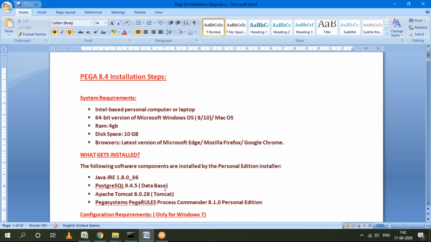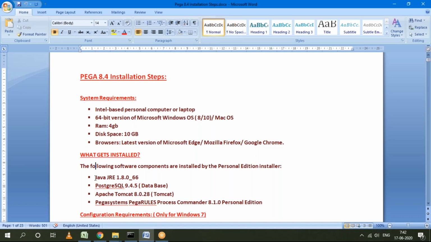Suppose in one project they need to use SQL Server and some WebLogic server, they have to choose that option. But in the personal edition, there is no choice to select the database and server. It will automatically install the PostgreSQL database, and the server, Tomcat, is the default server.